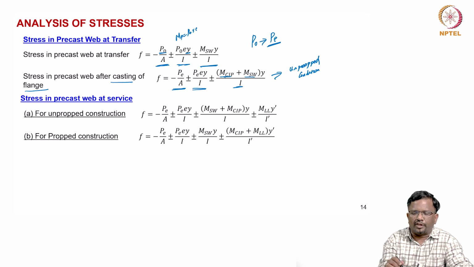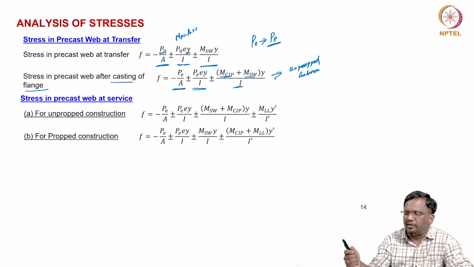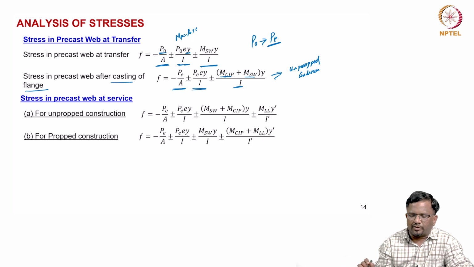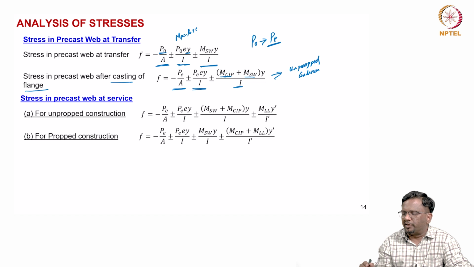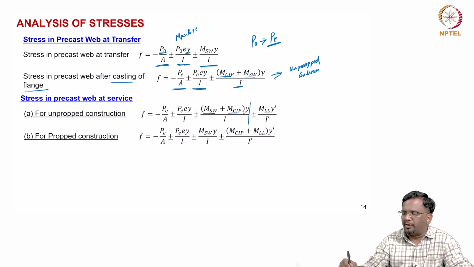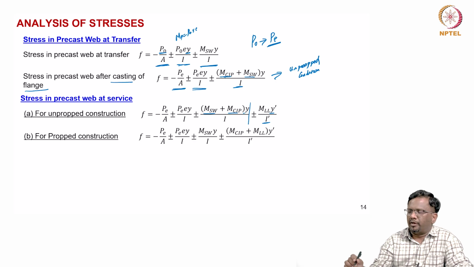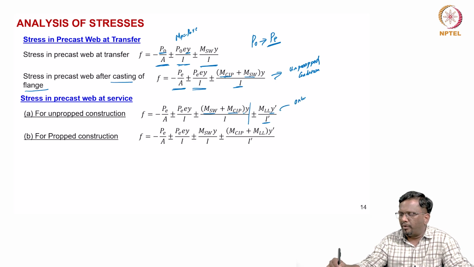So the stress in the precast web at service, right, it is going to be, I am sorry, after the casting of the flange it will be like this, right. So for the unpropped condition, you have some self-weight plus this, everything remains as it is. In addition to that, live load, when you put it, Y becomes Y prime and I becomes I prime. That means I prime and Y prime are the section properties of the composite section, right. So here only live load